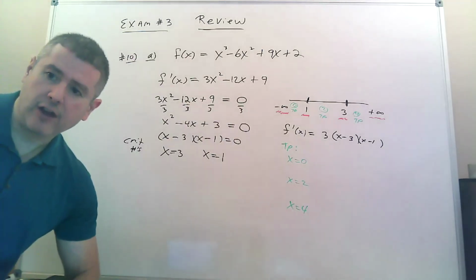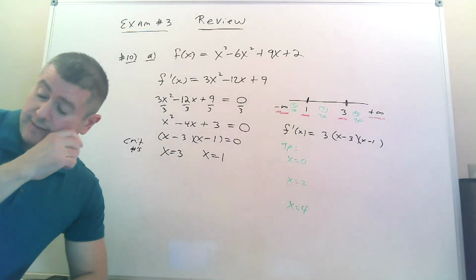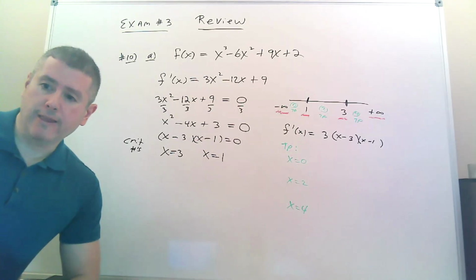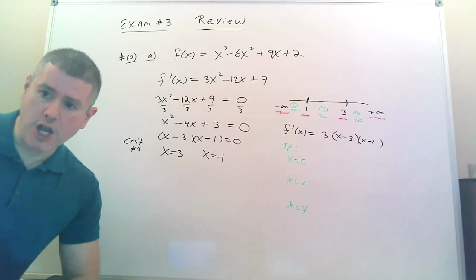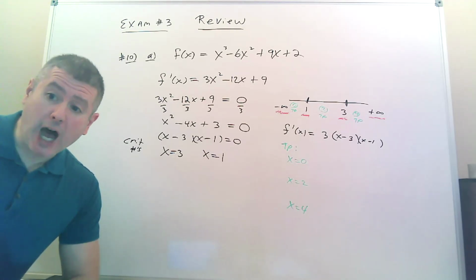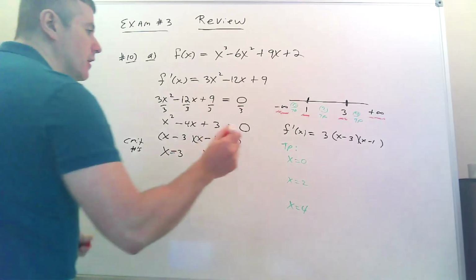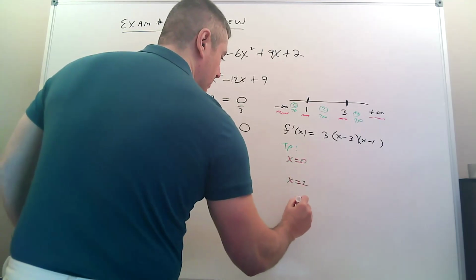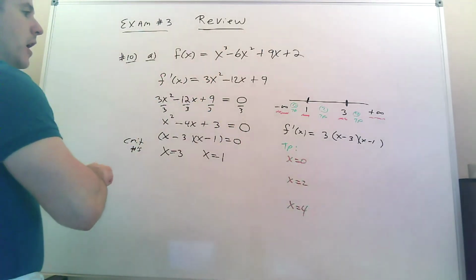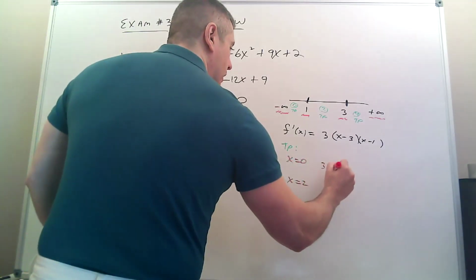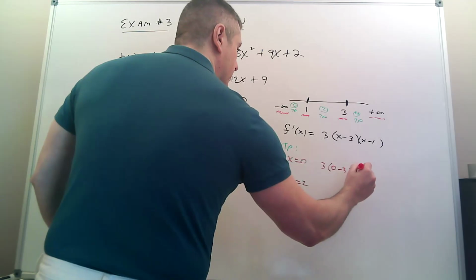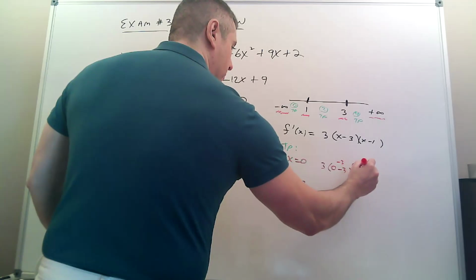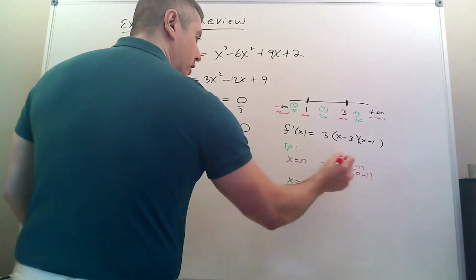Now, remember what I said in class. I'm looking at that green, and I'm realizing it doesn't look nice. I'm going to switch to red. You do not care about the number. You care about the sign of that number, whether it's positive or negative. So I think green not looking good. Maybe I could have done blue. Okay, so my test points. I'm going to plug 0 in first, right? So wherever x is, you put 0. That's -3. That's -1, and I'm multiplying them together, and I get a +3, and then you multiply that by